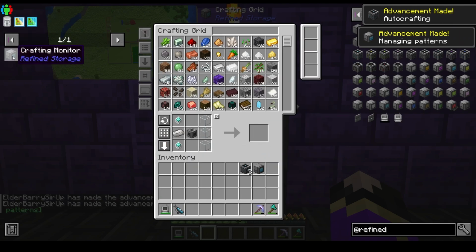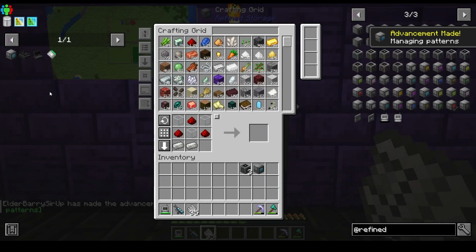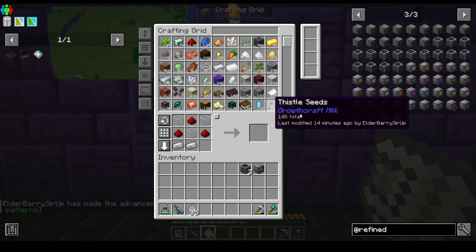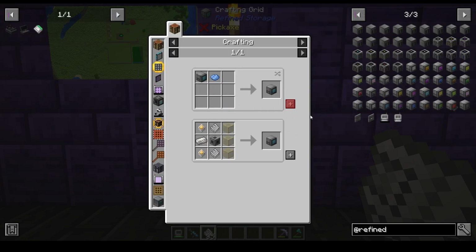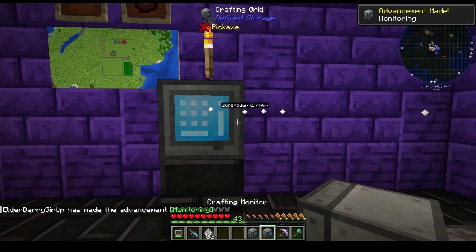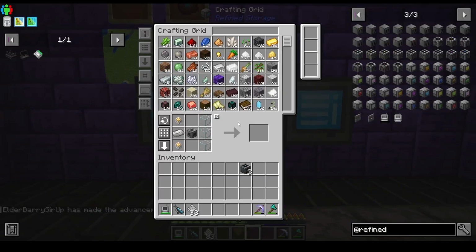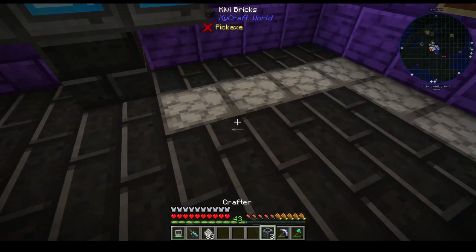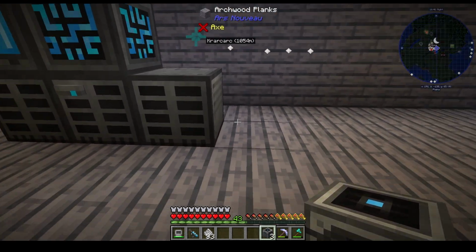One of these, as well as the monitor, which is going to require patterns. We're going to need a bunch of those. Oh no. This is the manager. We need the monitor. Where'd it go? Crafting monitor. Like such. So for our crafting monitor, we'll put there. Crafting manager here. Now they don't do much on their own, but once we come down here and place these down,